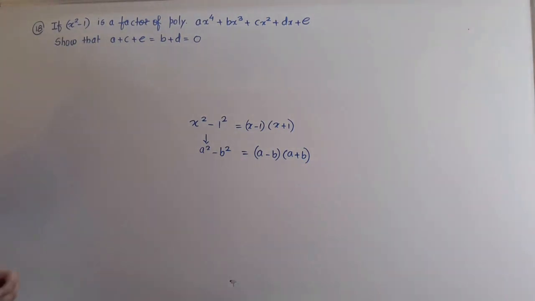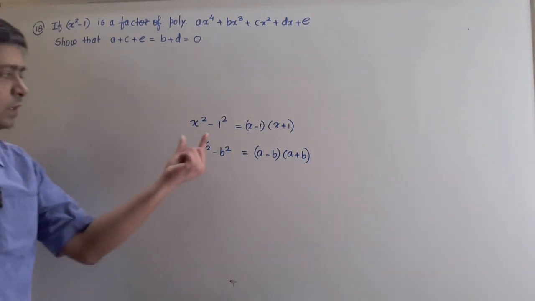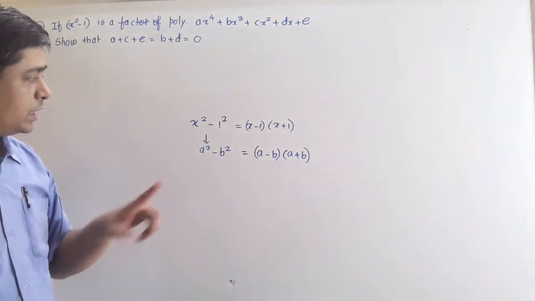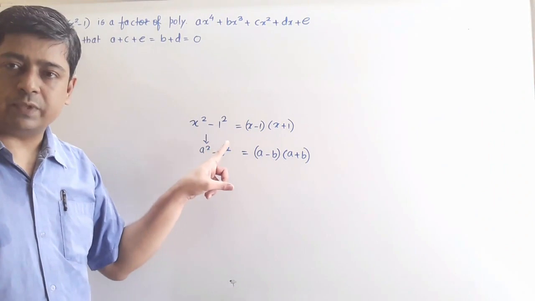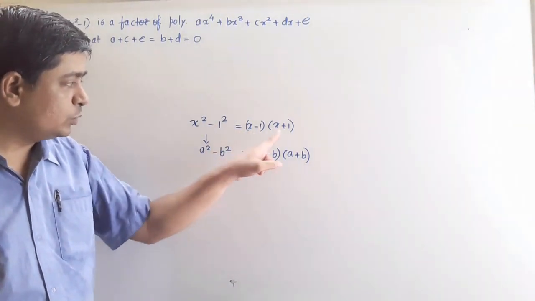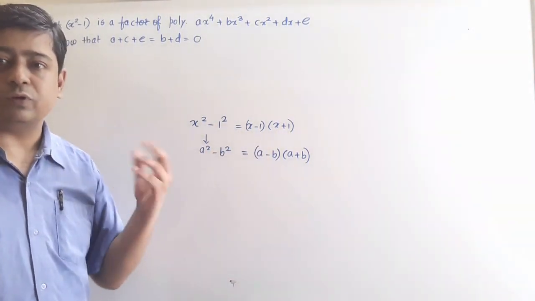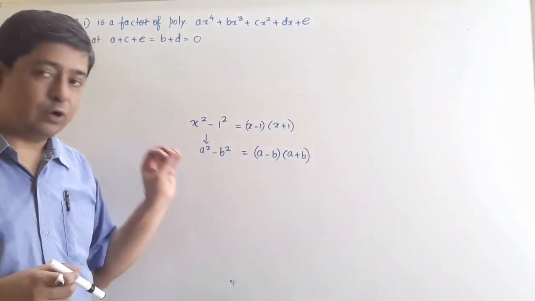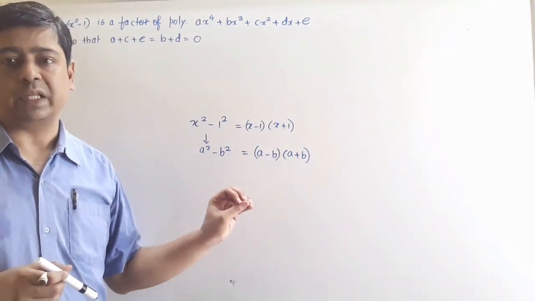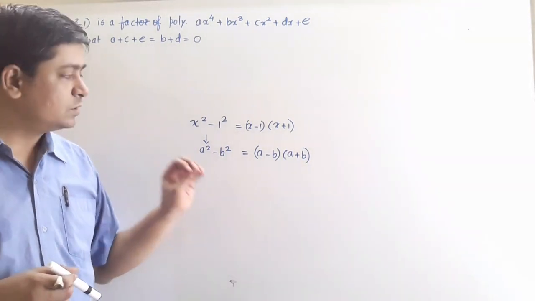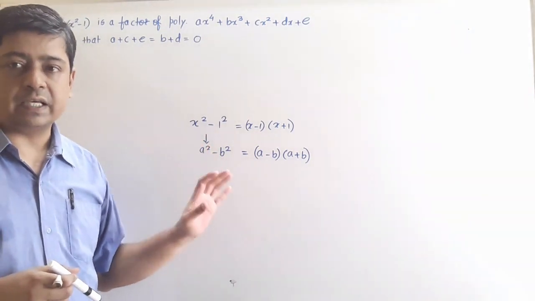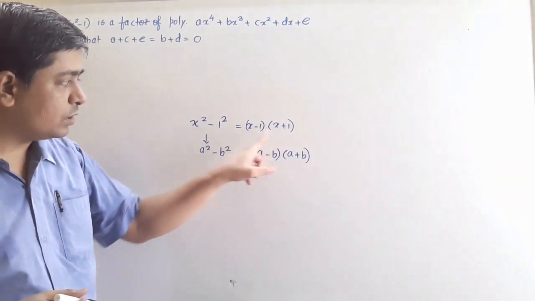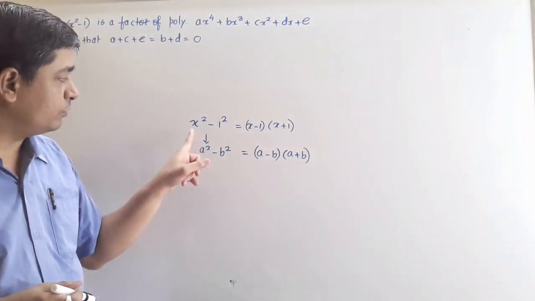Because see, here in this one polynomial, we have been given another polynomial that we need to separate in this question. By applying the formula of a square minus b square, first of all I separated the two linear polynomials. Because if I want to find the remainder, as per our syllabus we find the remainder when the divisor is a linear polynomial. So the divisor should basically be a linear polynomial, then only we can find the remainder. So here you see these two linear polynomials we found with the help of this given polynomial.